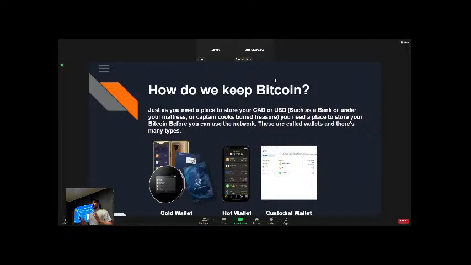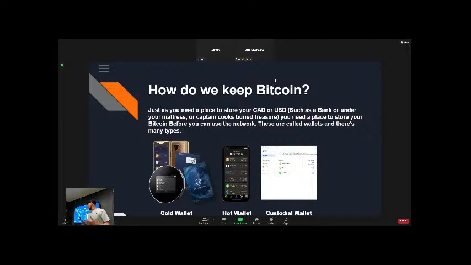Hot wallet, second most secure. So the difference between hot and cold, obviously, is that a hot wallet is connected to the internet. Your private keys are generated on that specific device, which in theory leaves your device open to threat. So if someone hacks your device, they can get your private keys. It's a little bit less secure because it is on the internet. Even if it is encrypted, it's attached there, right?